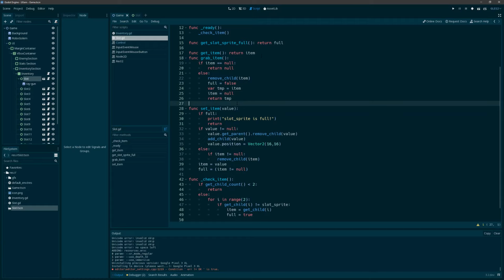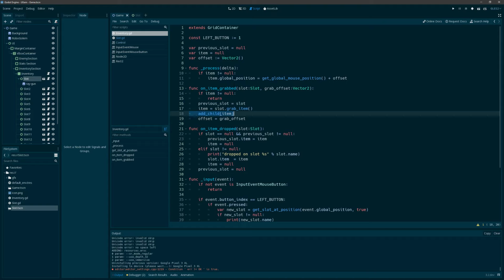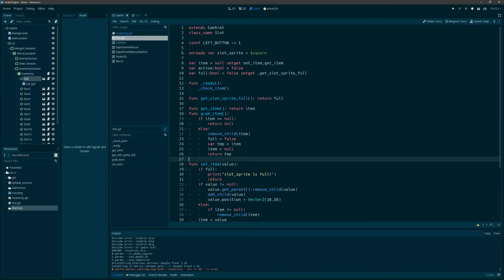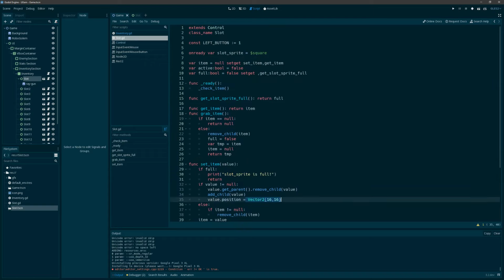But we have ourselves a working little inventory slot management deal. And all that's required at this point, these items we're probably gonna have to add some things to that, if we continue with it. One thing I should probably do is